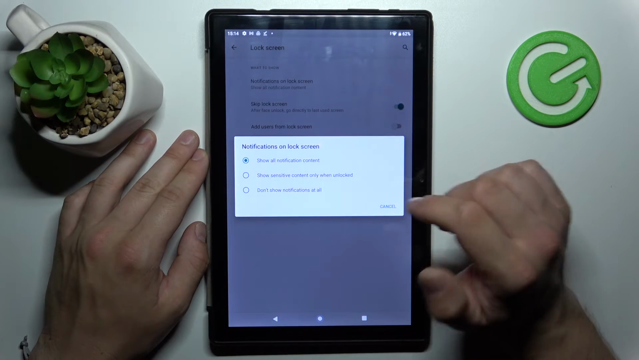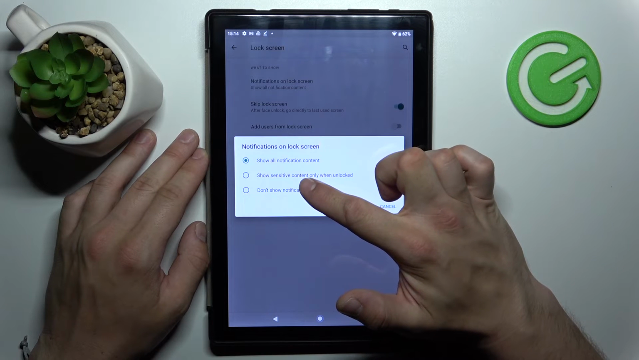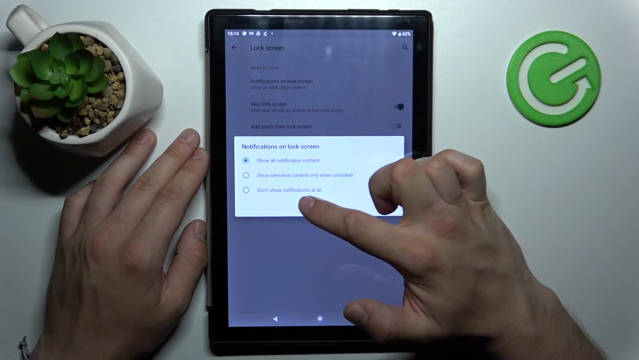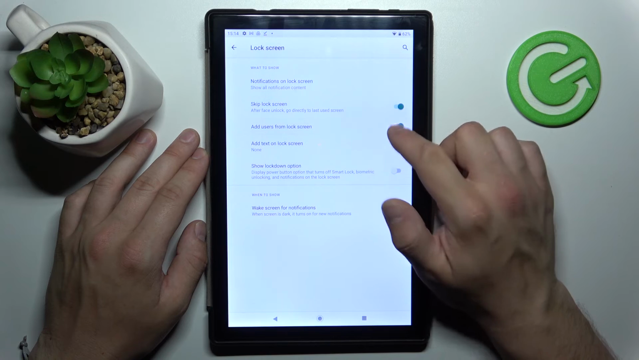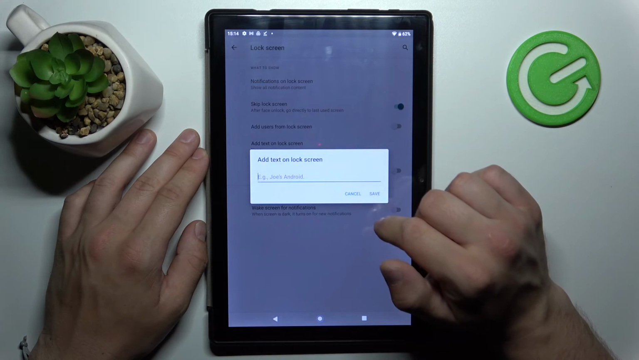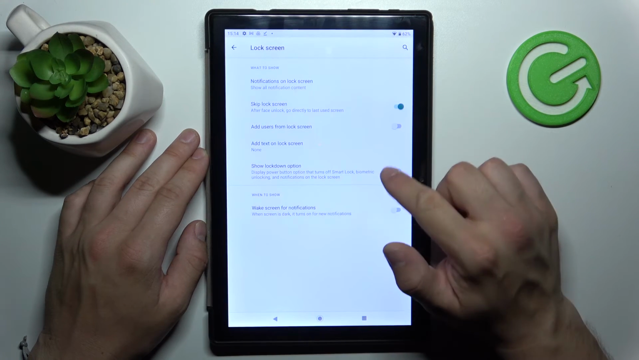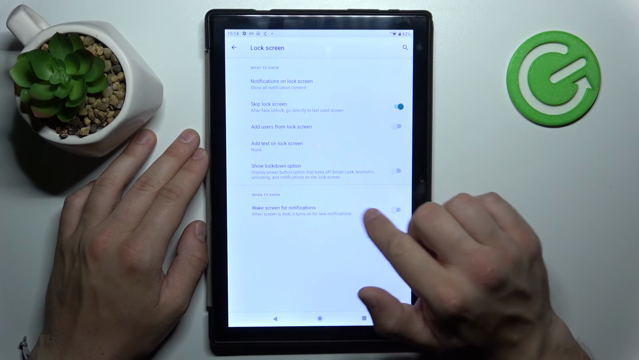Select notifications on lock screen between show all notification content, show sensitive content only when unlocked, don't show notifications at all. Enable or disable add users from lock screen, add text on lock screen, show lockdown option, and wake screen for